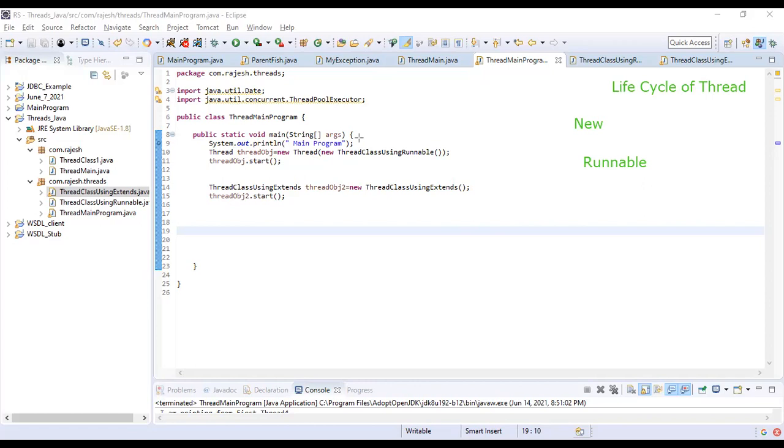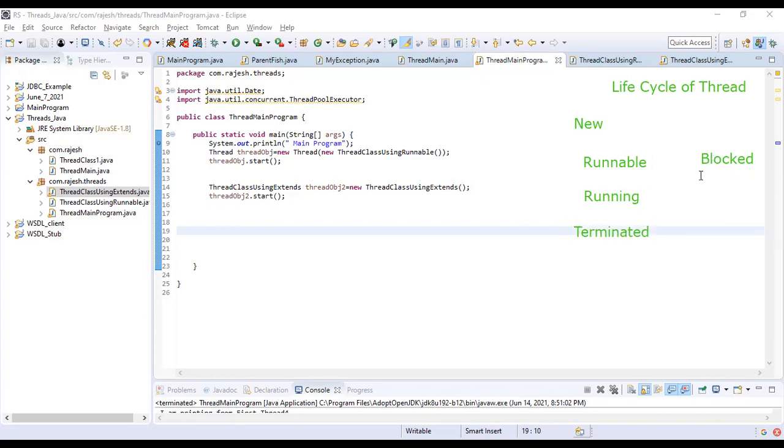So it goes to the runnable state, and then it goes into running. And there is one state as blocked state if the thread is suspended or it is in wait state, where it is waiting for something else to be completed. The final state of the thread is the terminated state.